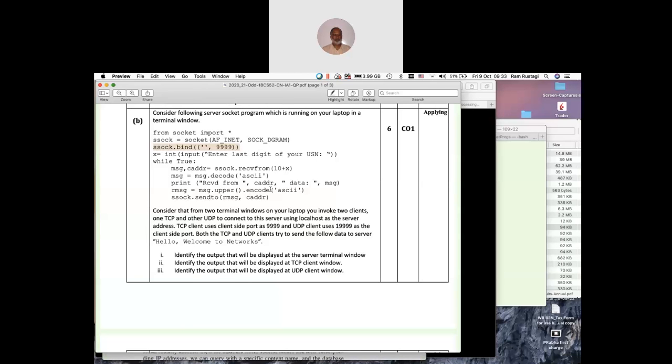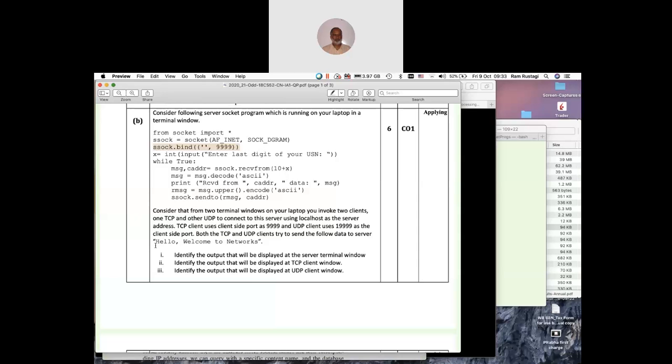Now what happens on the server window? As I said, look at X, and X is the last digit of your USN. Let's say the last digit of your USN is 5. That means even though the server is reading the full data, UDP is delivering the full data, the server is reading only 15 bytes, 10 plus 5, and the others would be discarded.